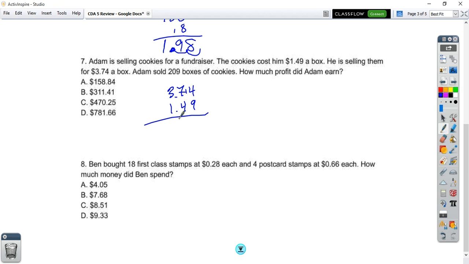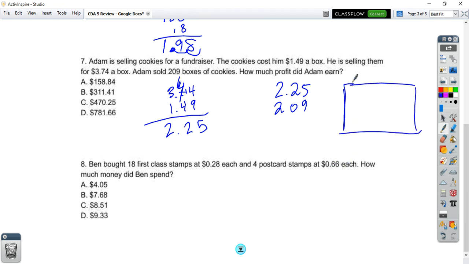Subtract these. This is going to be a 6. 14 minus 9 is going to be 5. 6 minus 4 is 2. 3 minus 1 is 2. So that's $2.25. Then we go, and he sold 209 boxes. So for 1 box, he's $2.25. For 2 boxes, he's $4.50. So we're multiplying. $2.25 times 209. That's pretty annoying. So I'm going to set this up because I don't want to multiply that the other way. So this is